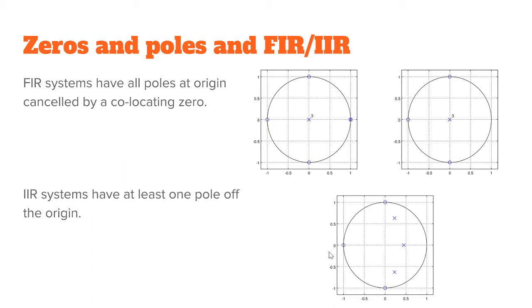You can actually also see if the system is FIR or IIR, depending on how many or where the poles are. On this one, we have non-zero poles inside of the unit circle, but they are non-zero. So this system actually is infinite impulse response. While this system here,